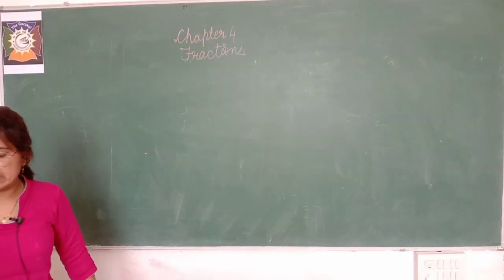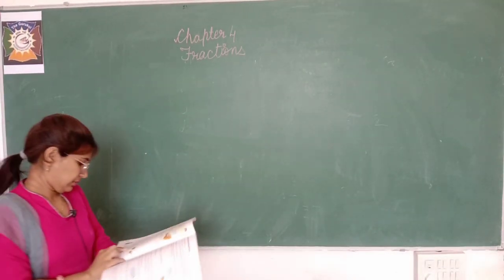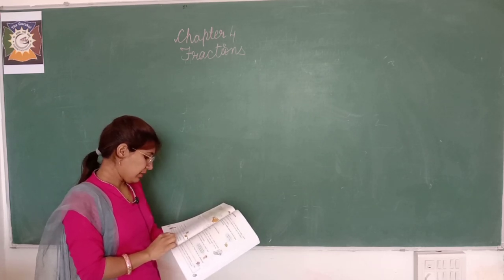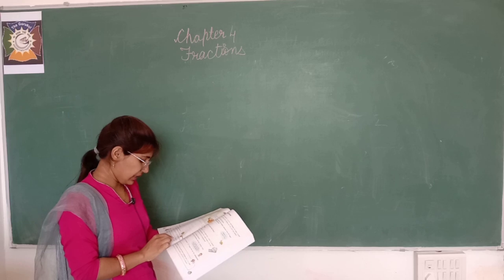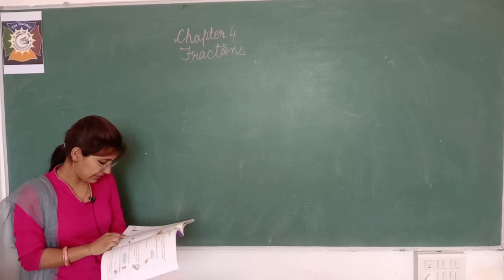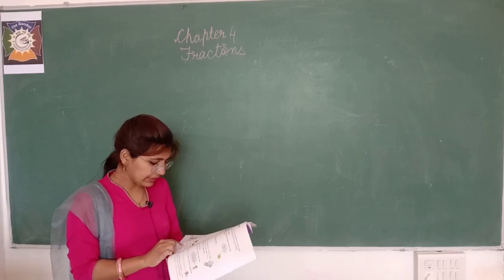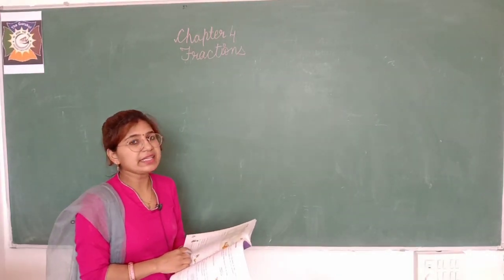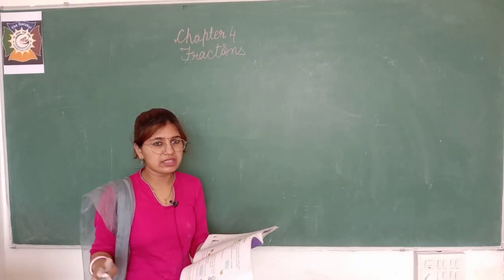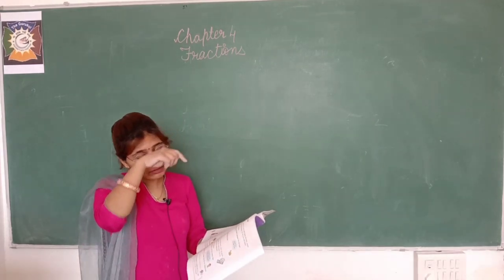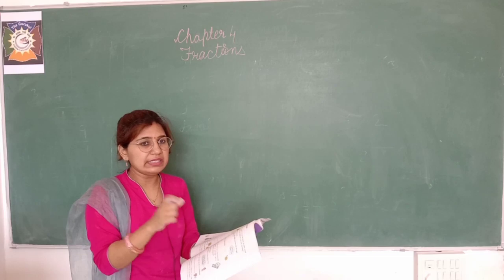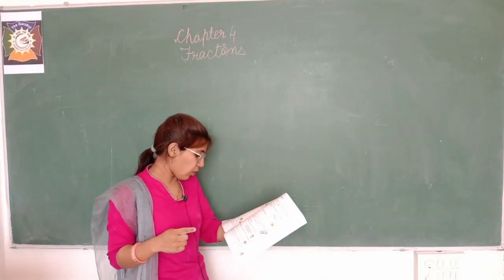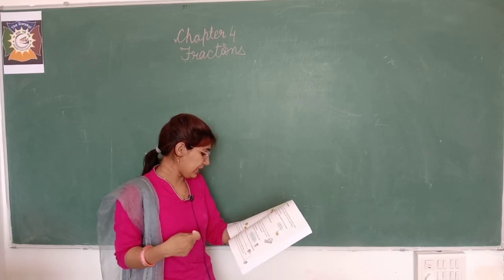In question number 3, what is given? Ali read 1/8 of a book on Monday, 1/4 of the book on Tuesday, and 1/2 of the book on Wednesday. What fraction of the book did he read during these 3 days? There is a boy named Ali. He read a book on Monday, Tuesday, and Wednesday, and the fraction of the book read by Ali is given. Okay, we have to add those fractions so that we get how much of the book is read by Ali.